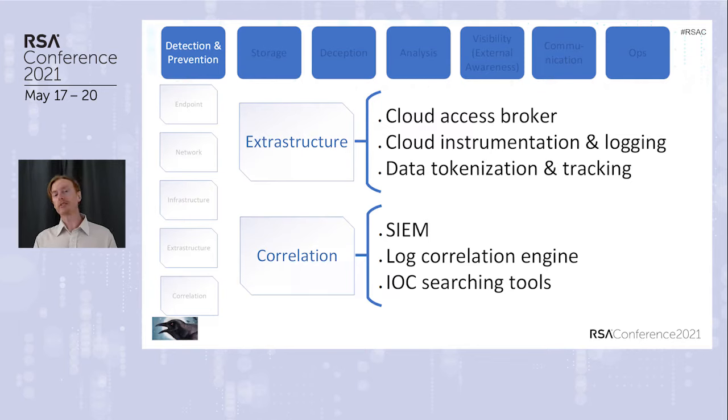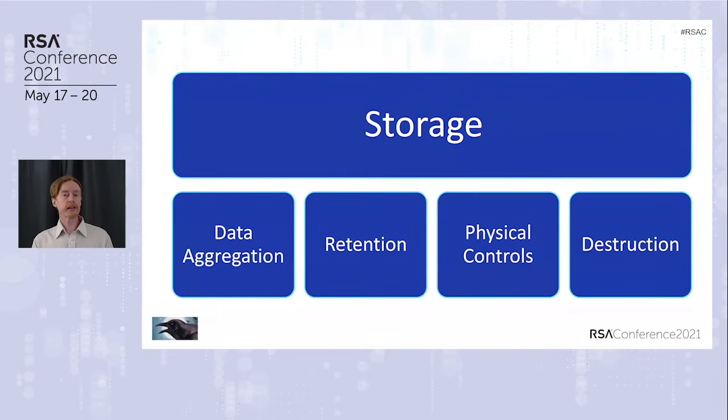And we typically use a SIEM in order to do this. The security incident and event management is really good at doing correlation, but it's not the only tool that can do correlation, right? So we might have an engine that just does log correlation and stitches things together for us. We might have a tool which is really good at doing historical analysis with new indicators of compromise that we just learned about. Right, so this is rapid searching across massive volumes of technology. It's not really a SIEM, but it is a specific search tool that allows us to look for cybersecurity issues.